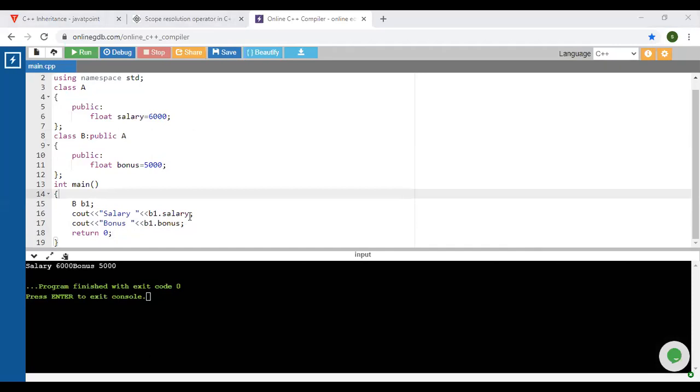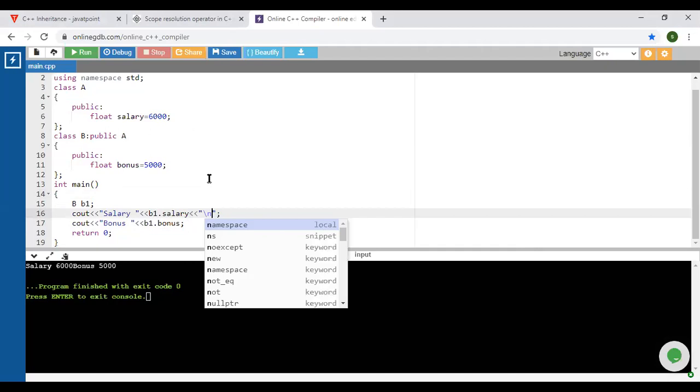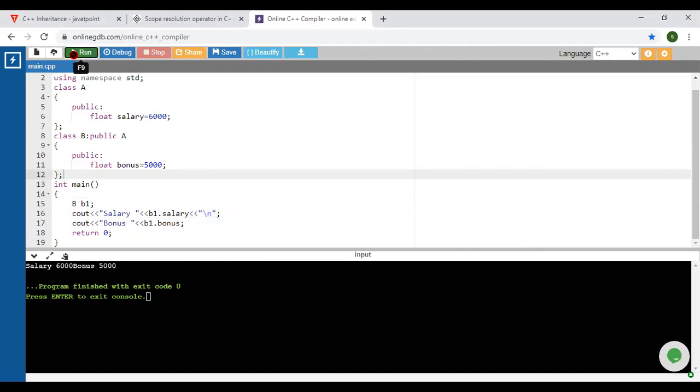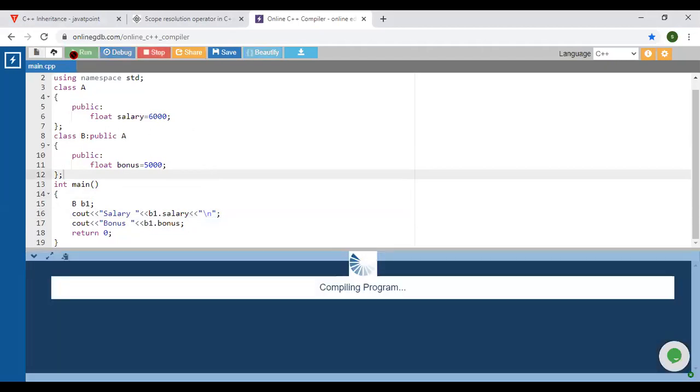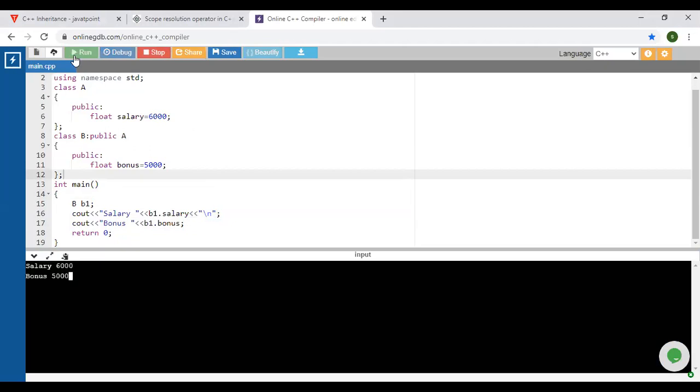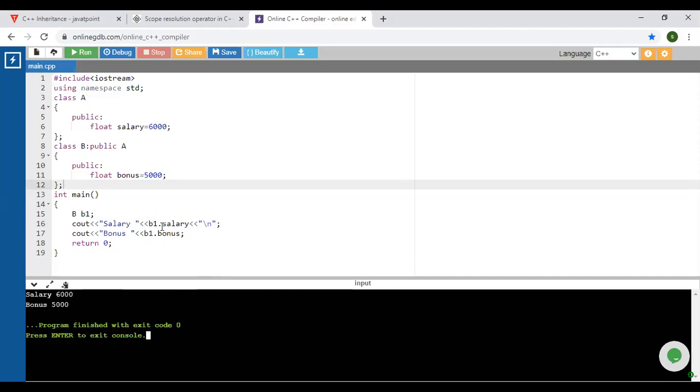This is the result. Okay, so this is the output. It will display the salary as 6,000, and next one is the bonus as 5,000.